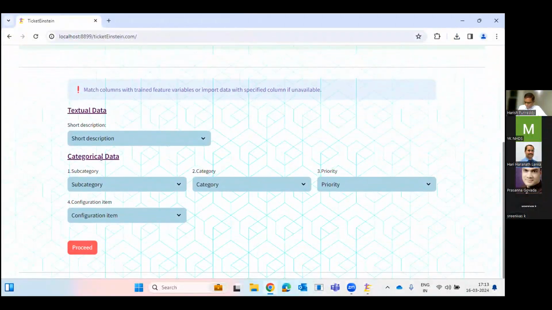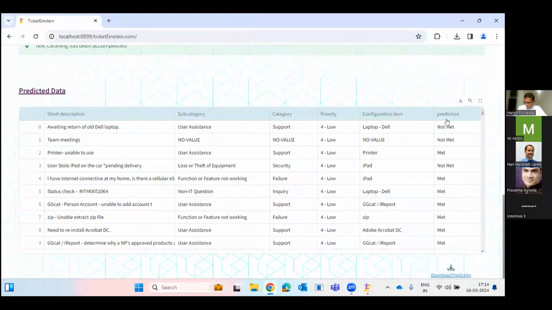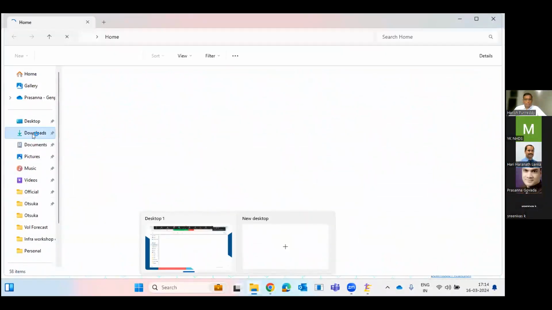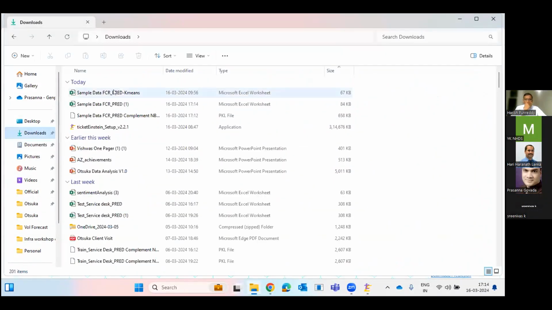Okay, so it will basically ask me the text data, the categorical data that I want to enable as part of my prediction. And then it gives me the predictions pretty quickly. Now, this of course is for the data that I have used for training of the model, but this is just for you to see how quickly the prediction happens basis me uploading the pickle file. I also have a download prediction option wherein again it gets settled into my downloads. So I go to my downloads quickly to show you the Excel sheet in which my predictions have come in.